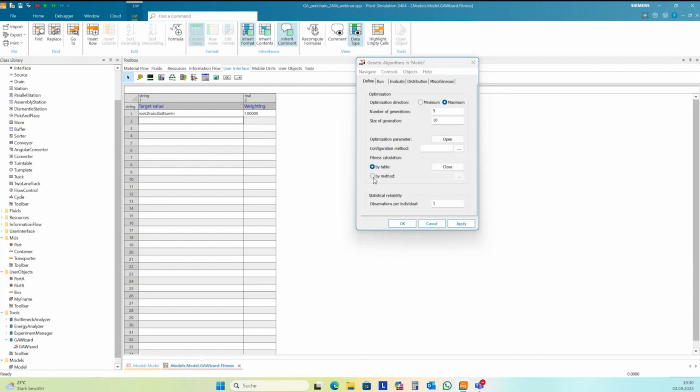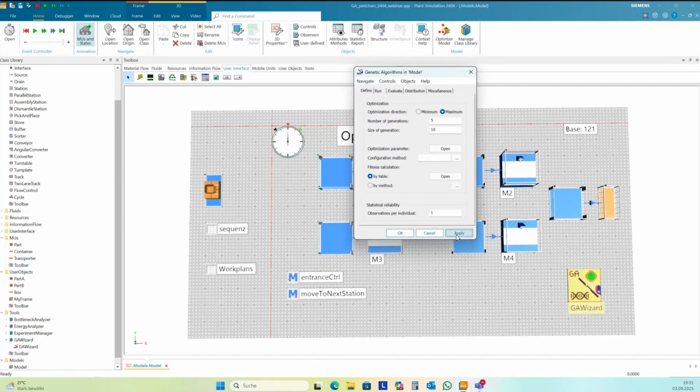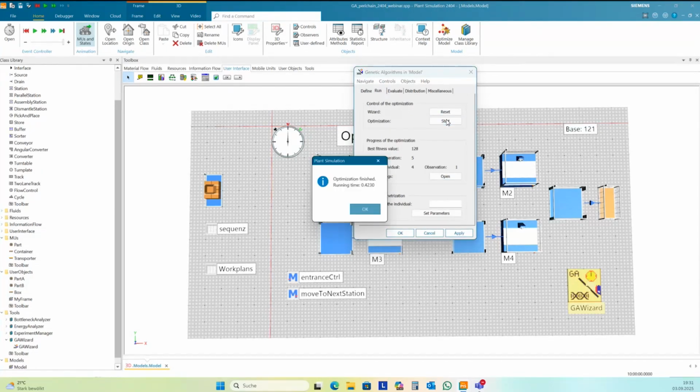Then each time one simulation run is finished, this method is called and needs to deliver some value as the fitness value. A big topic if you have more complex optimizations. But in our very basic environment, this is already enough. Then click apply, and then I can reset my simulation and start the optimization.